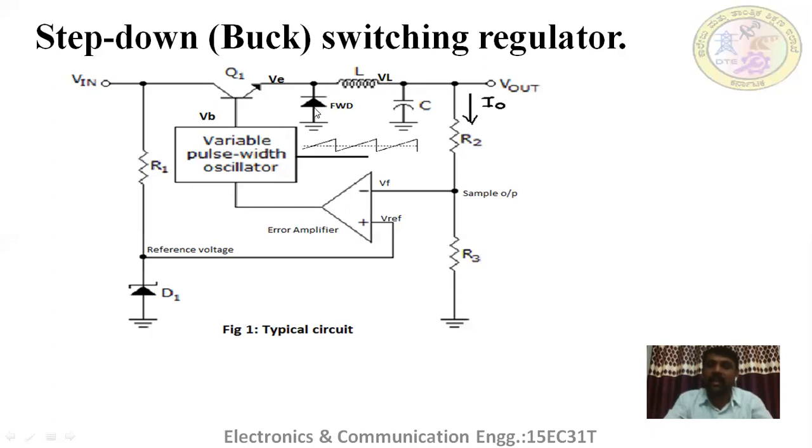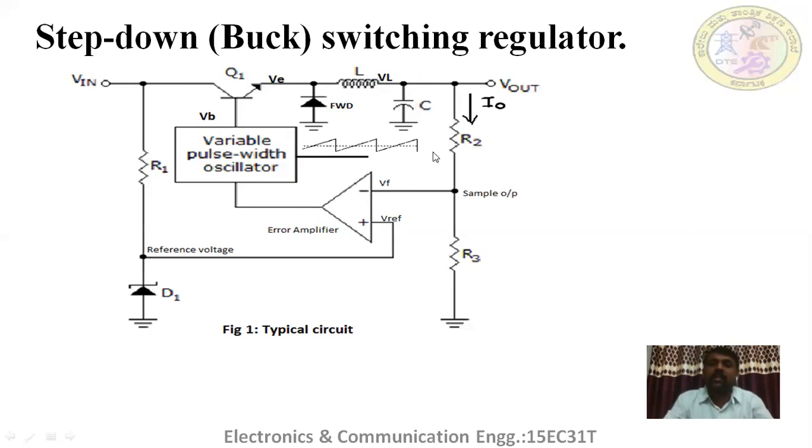That is, this side becomes minus and this becomes plus. This negative at the cathode causes the freewheeling diode to be forward biased, and it starts to conduct. It acts as a closed switch. Therefore, while the switch is off, the load current flows from the inductor, which acts as a source at this time, through the load and the freewheeling diode. This is the closed path for the load current.